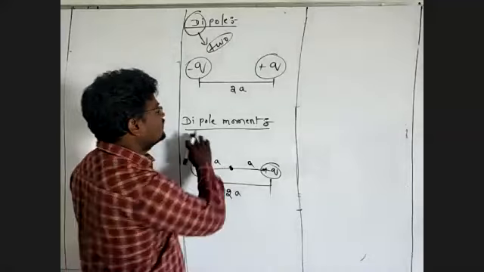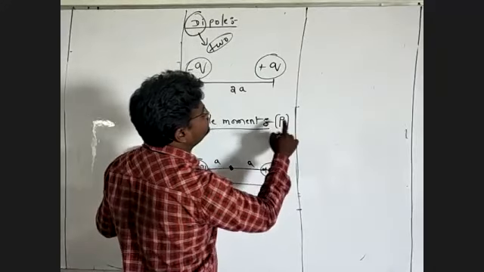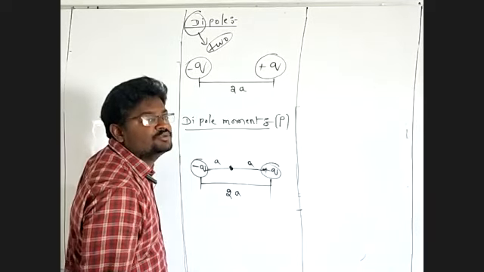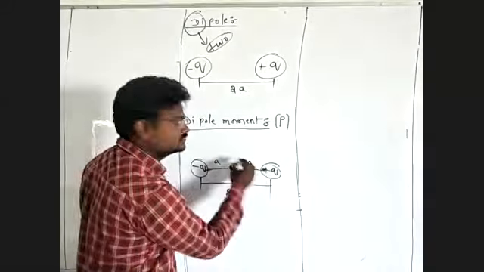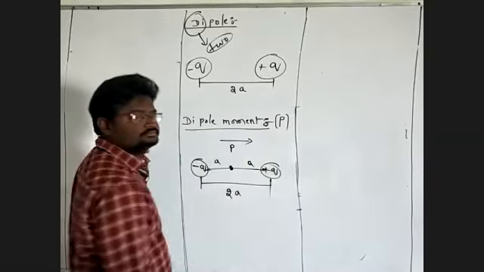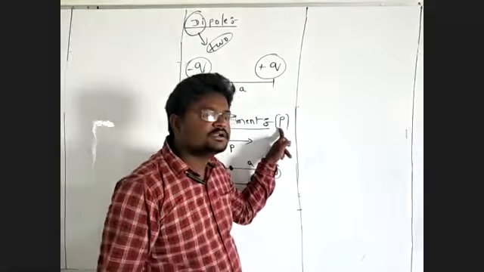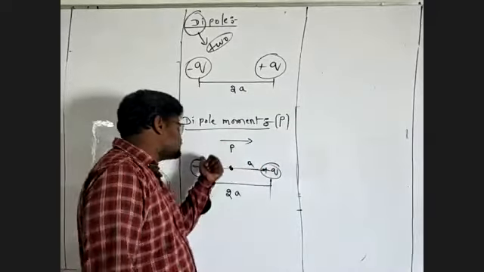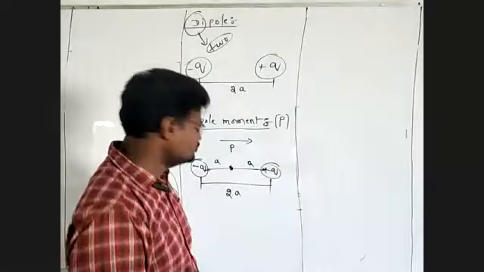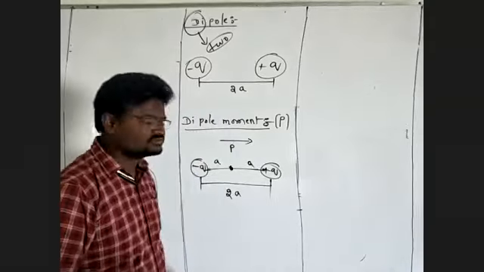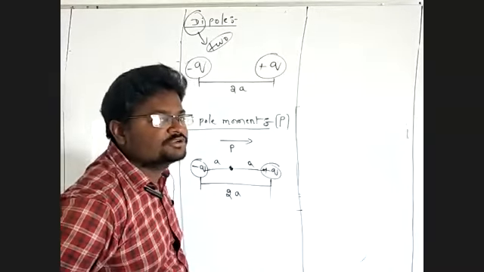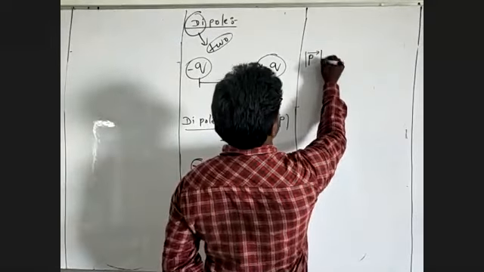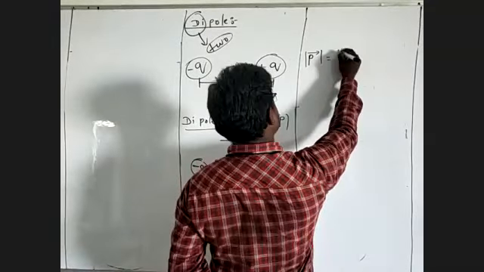Next, dipole moment. The letter is P. P indicates dipole moment. The direction of dipole moment is from negative to positive. This is the dipole moment direction. So what is the definition of dipole moment? Dipole moment P vector is equal to q